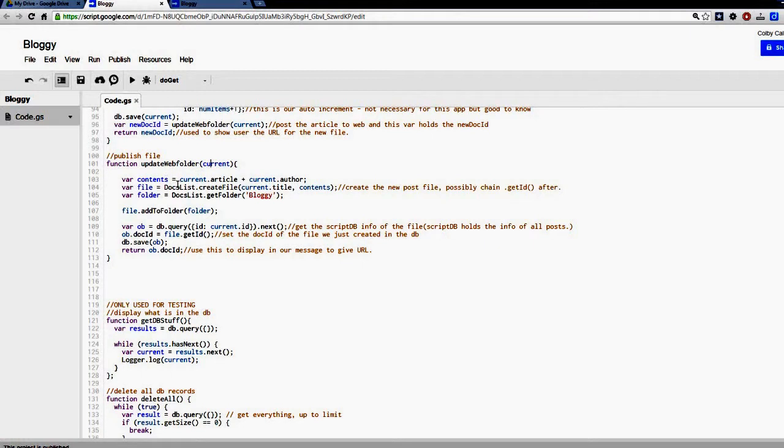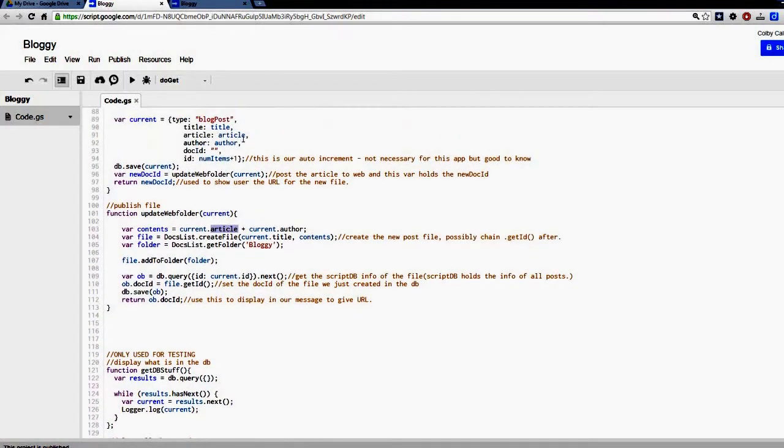And the first thing we're going to do is create a variable for the contents of our blog post or our article, and we're going to pull the article, which is this value right here. We're pulling that out, and we're also pulling out the author, and I'm putting it into contents. This is what we're going to insert to the new file after we create it. So here's our file variable,